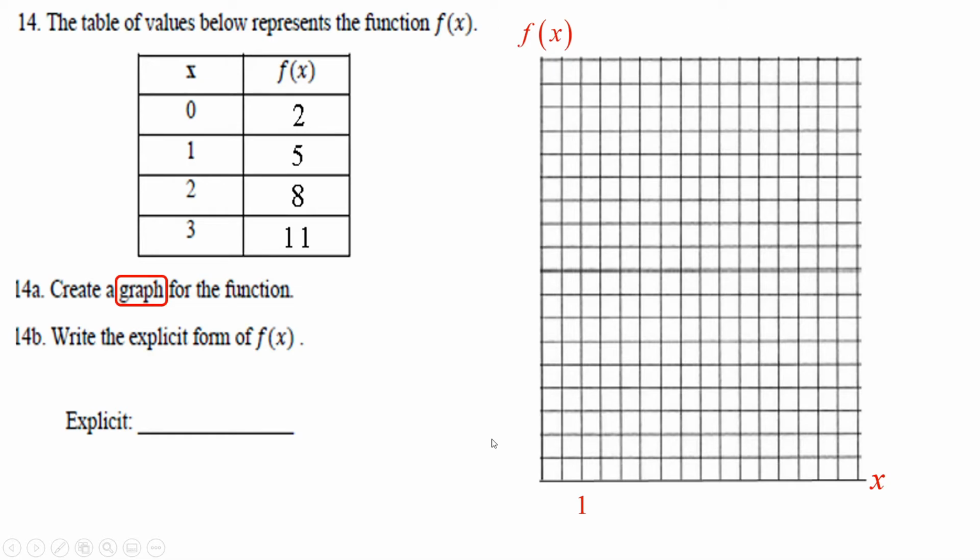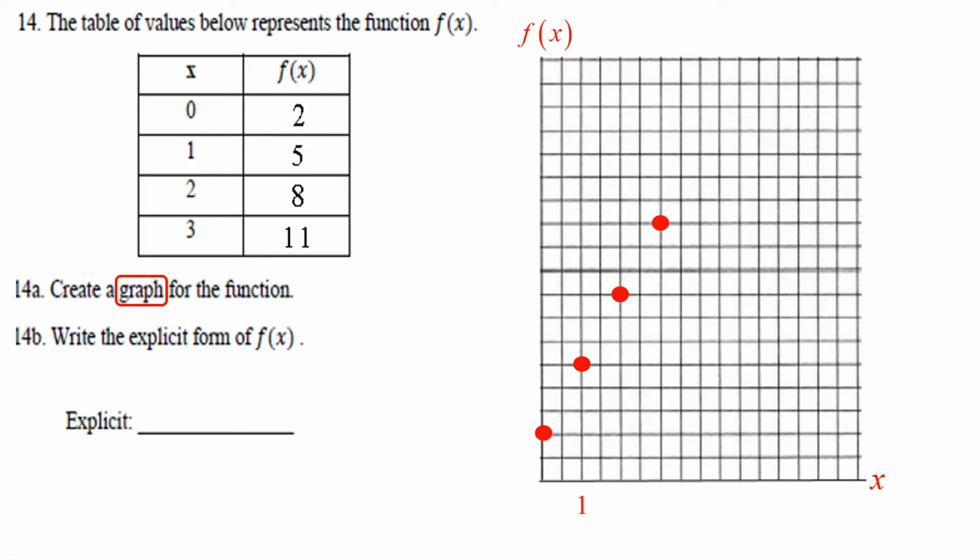Okay. So let's see if we can plot points. When x equals 0, f of 0 is 2, right there. Big dot again. And at 1, I have an output of 5, 3, 4, 5. At 2, I'm going to have an output of 8, so there's 5, 6, 7, 8. At 3, I'm going to have an output of 11, so there's 8, 9, 10, 11. And there we go. Now, and again, I could keep going, but I'm just going to use what I have